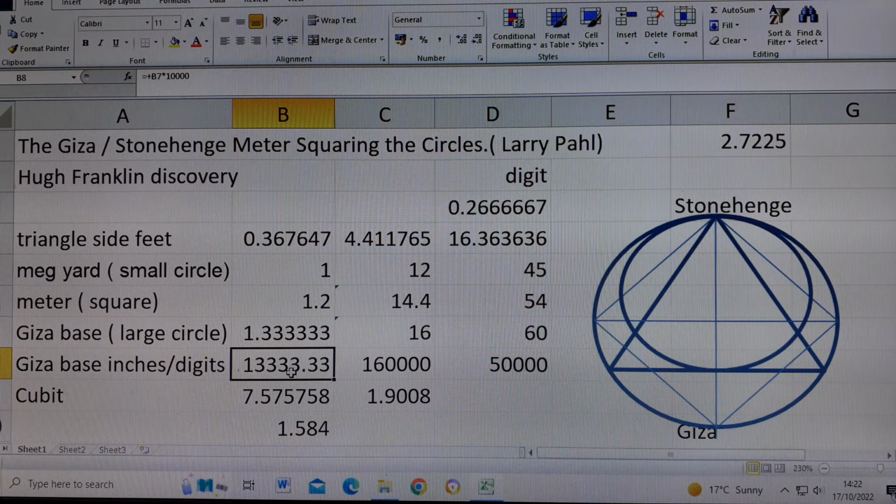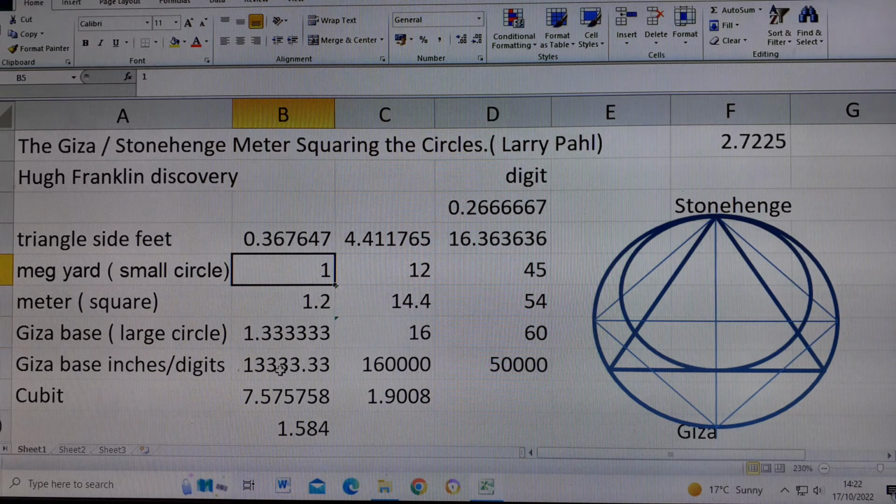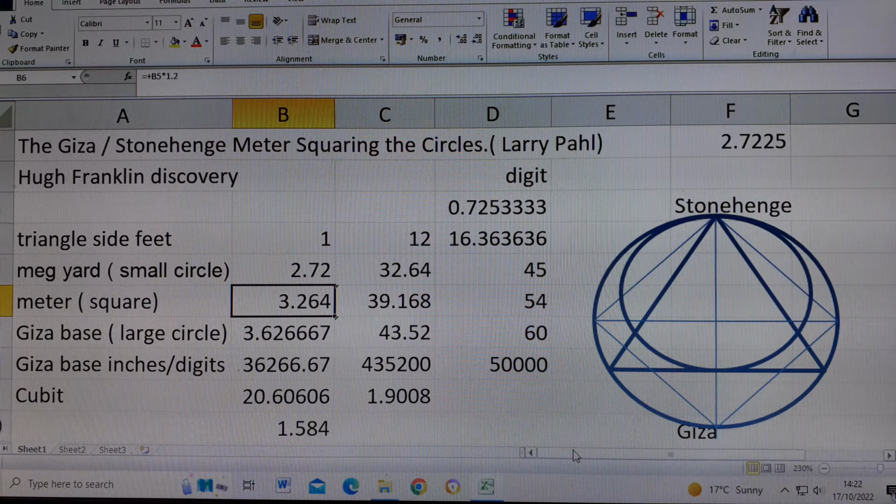And it's always that when we use this arrangement. So if we put 2.72 in there, we can get the Giza base, and it's 36266.666 inches, because the large circle, when we've got 2.72 in the small circle, 1 megalithic yard, and 1 foot here, we get 362,666 in this outer circle, and we just multiply that by 1,000 to get the Giza base. Now this is very interesting